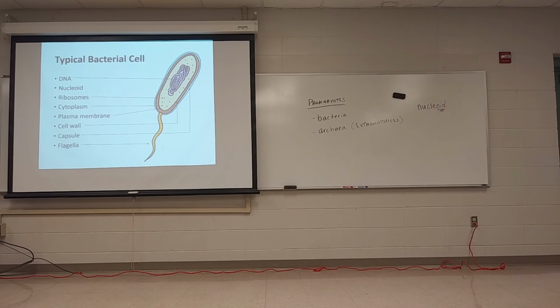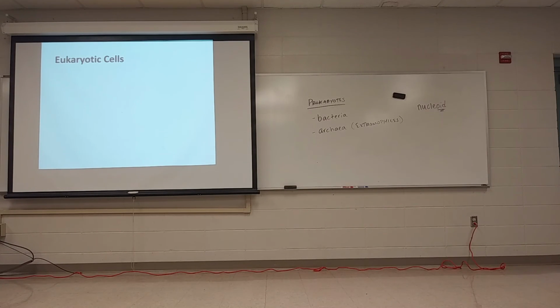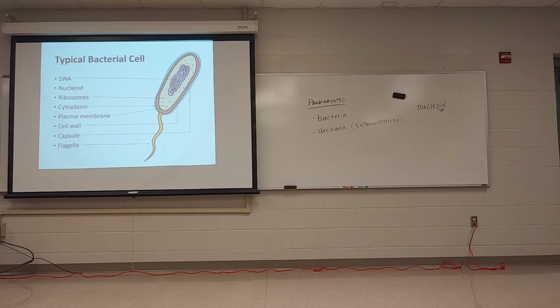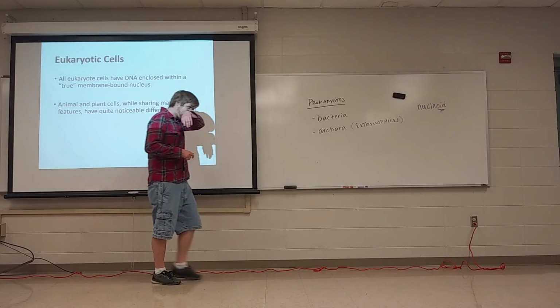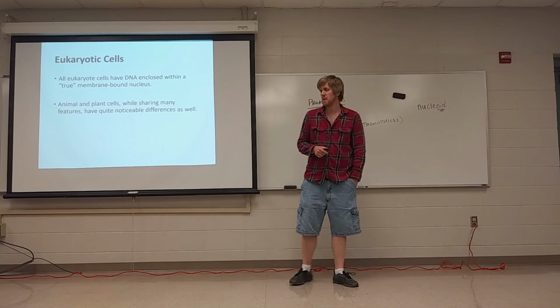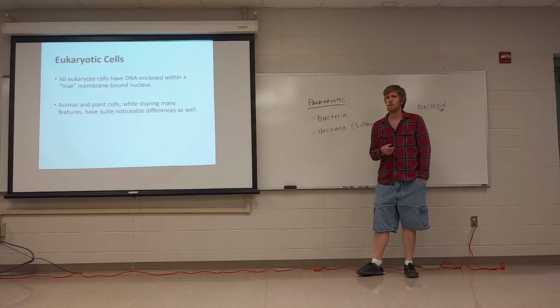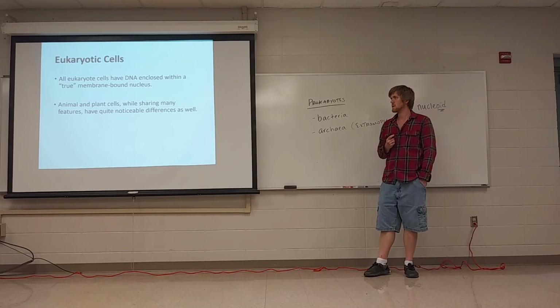We are interested in eukaryotic cells. Like, we're interested in all of them, but we're going to focus on eukaryotic cells. So these have the true nucleus, right? This is animals and plants and fungi, and then those protists like amoebas. We're going to look at some differences between animal and plant cells in this unit, because there's a lot of similarities, but there are also stark noticeable differences that we want to get into.